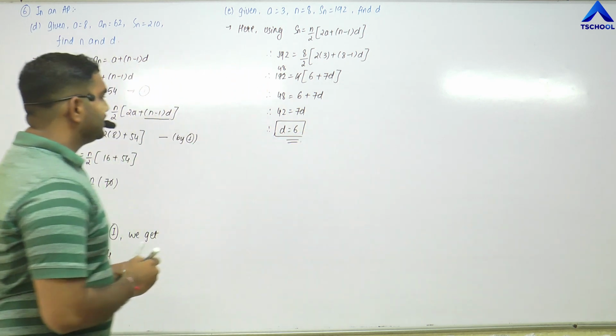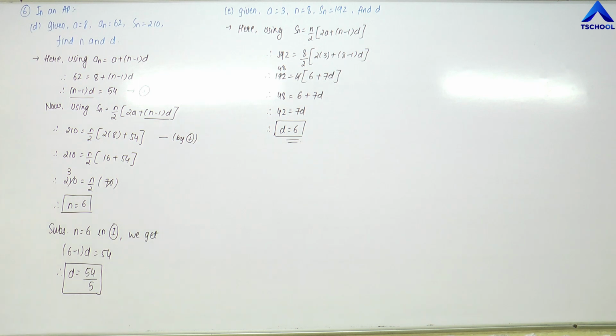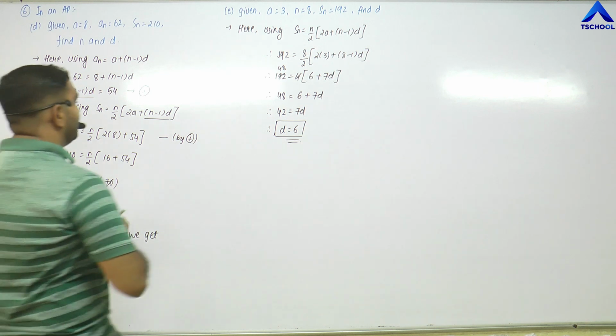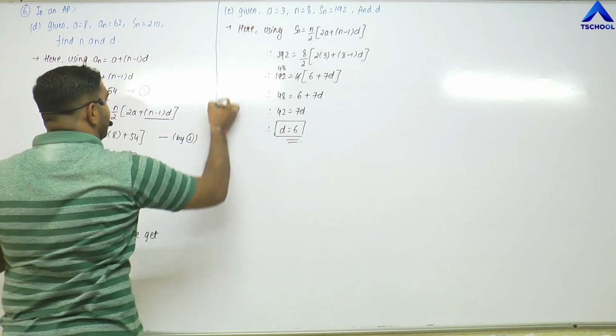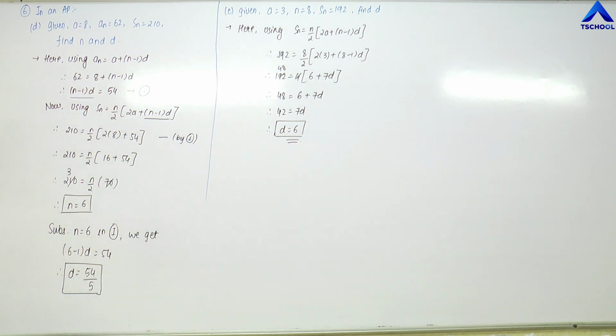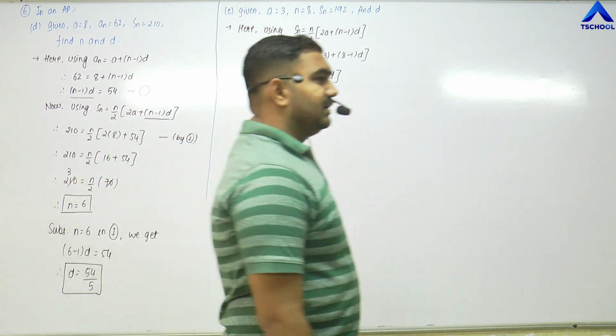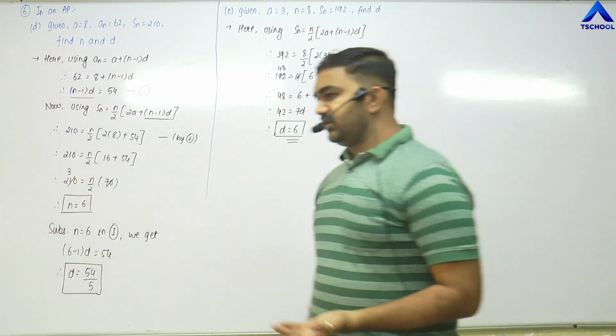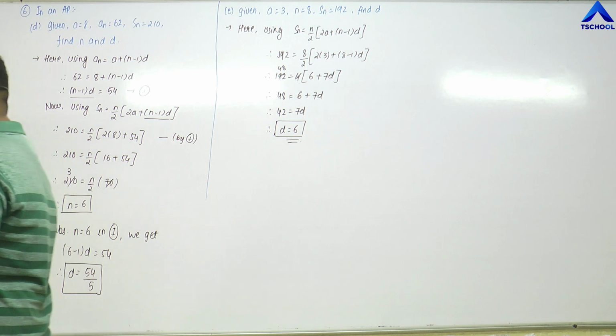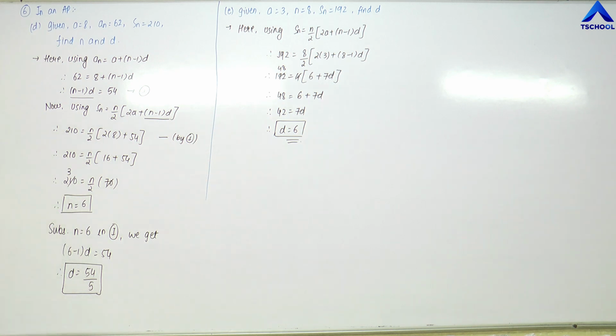Right? So these were those kinds of sums in which the data was directly given to you, that means we were given a and d and so on, right? So this is how the formula of Sn is to be used, right? Now in the next lecture we are going to study how the data type questions related to the sum to n terms of an arithmetic progression are used, and how these all sums can be solved. Okay friends?